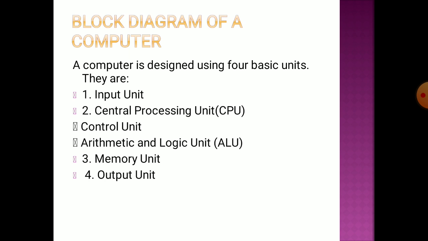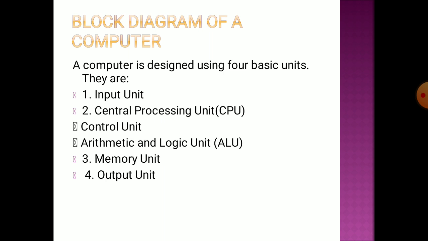The computer accepts the input, so the input unit is there. It performs all the processing, all the calculations, all the operations in your CPU. So the second unit is the central processing unit. The third one stores the data, so the memory unit is there, and it displays the output, so the output unit is there. Input unit is to accept the data. Central processing unit is to process the